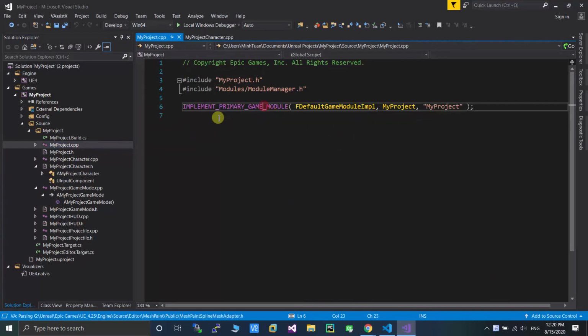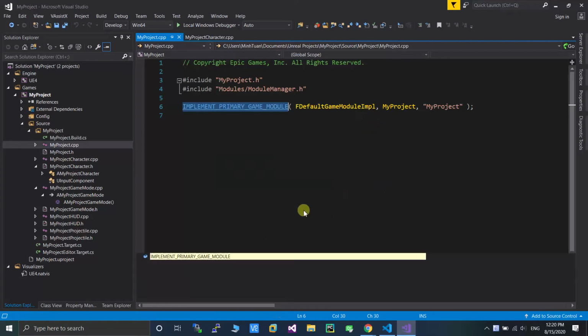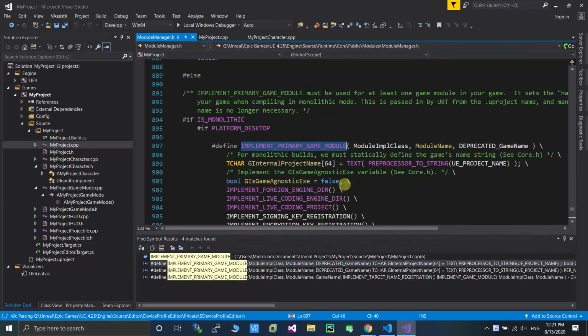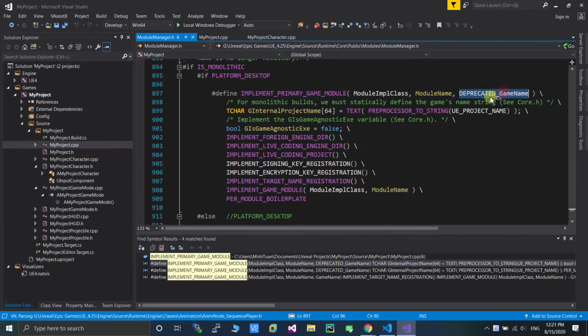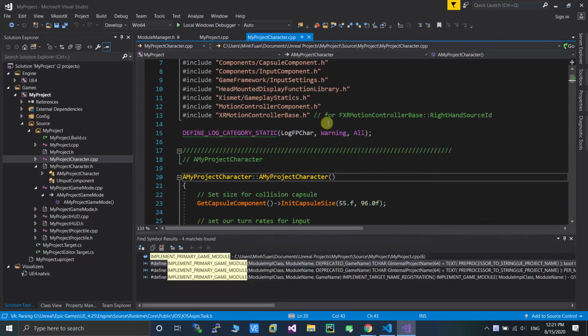So in my example project, this is the first method to call the primary game module, the default game module. Yes, this is the deprecated game name. So in the character class,